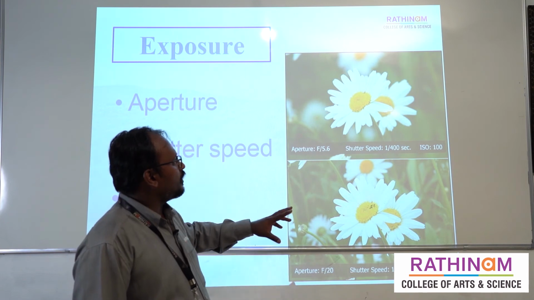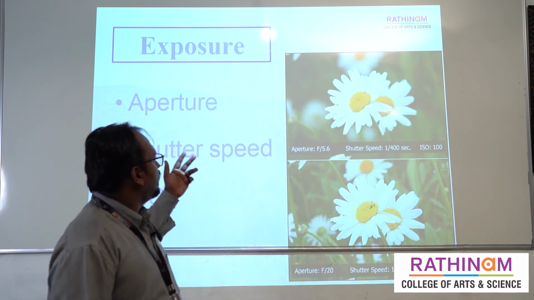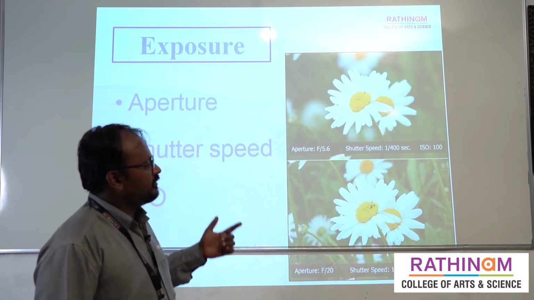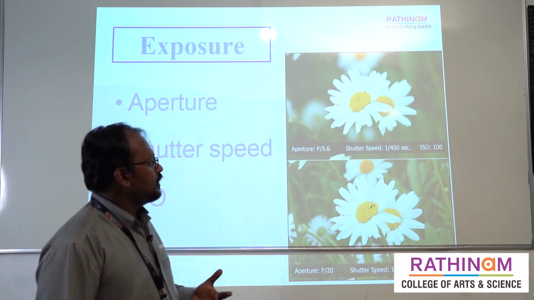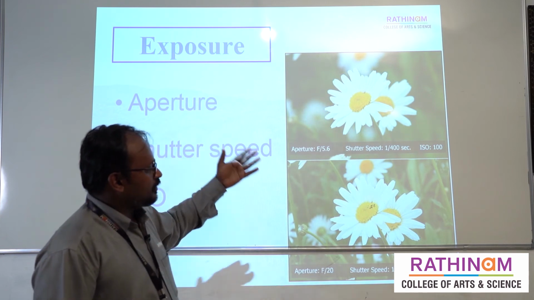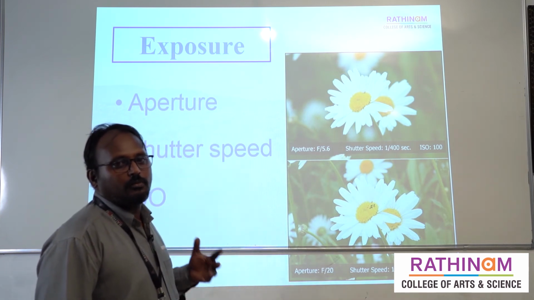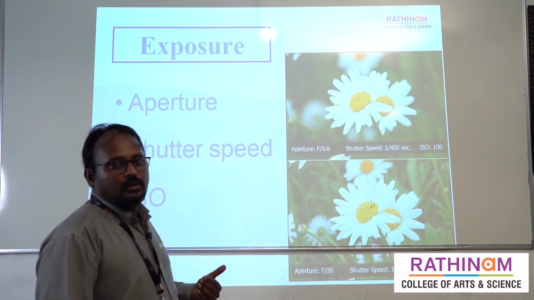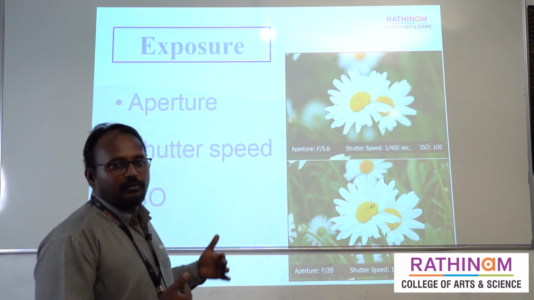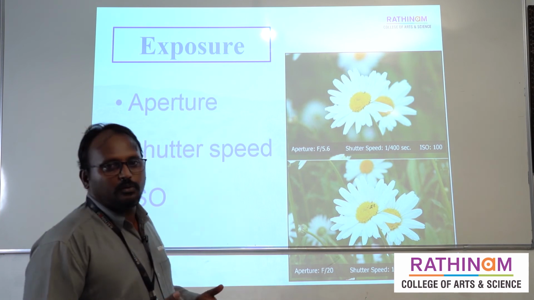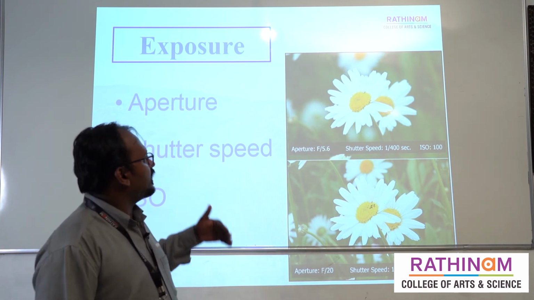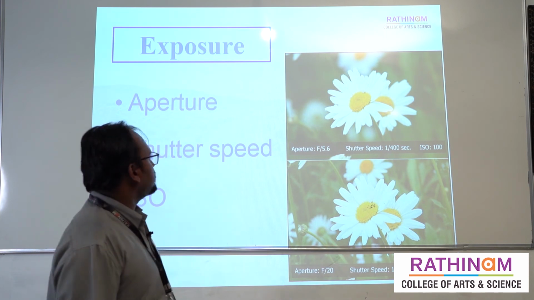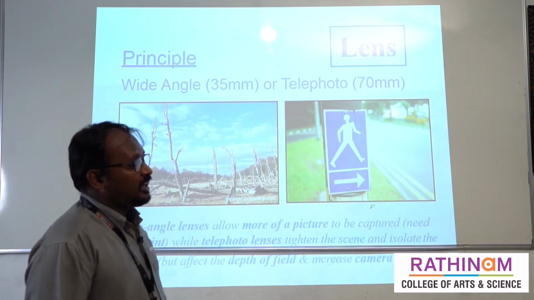So we can control the light and movement. By adjusting the shutter speed, we can control the motion. So with these three, we can control the exposure of the photograph, how much light we want to get in and what all the things we want to avoid. If we want to decrease the light, we can decrease it with these three, and if we want to increase the lighting in your photograph, we can increase it with these three. Next. So this is lens.